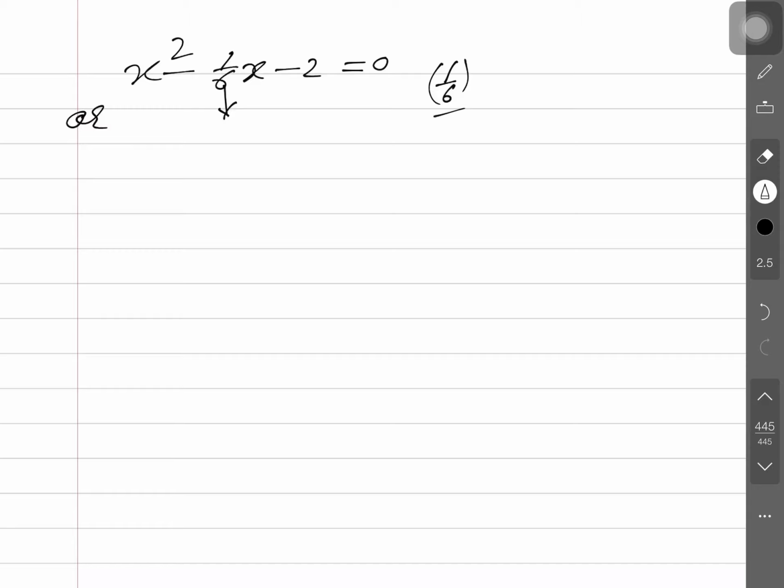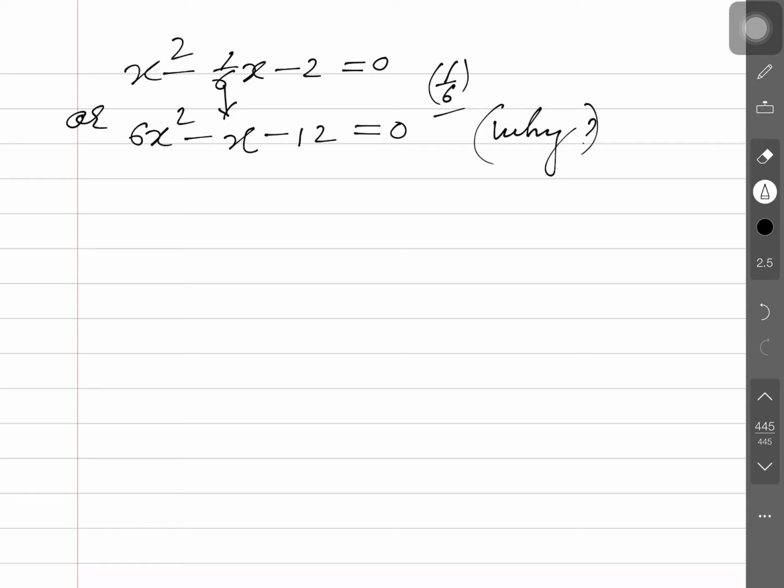I will just tell you to multiply the whole equation by 6. Multiply this by 6. So it shall be 6x square minus x minus, here also multiply, 6 2s are 12 is equal to 0. Do you know why I am writing 0 here? Tell me please. Why am I writing 0? I am writing 0 because the right side is 0. It's the zeros we are finding.